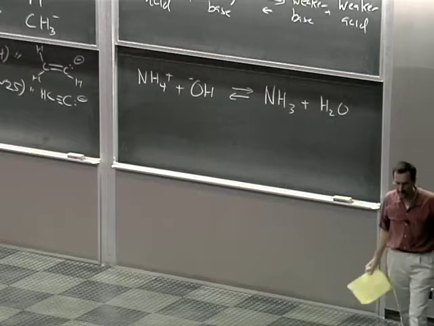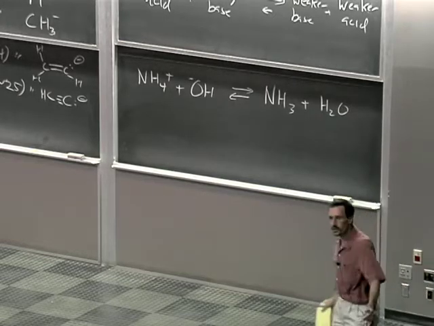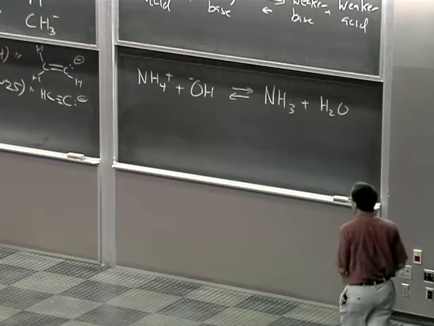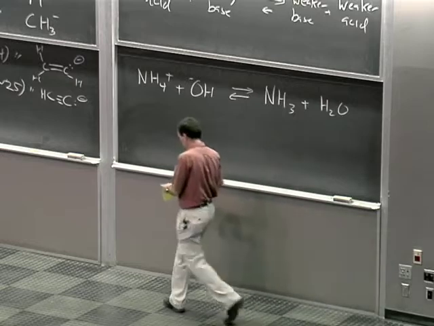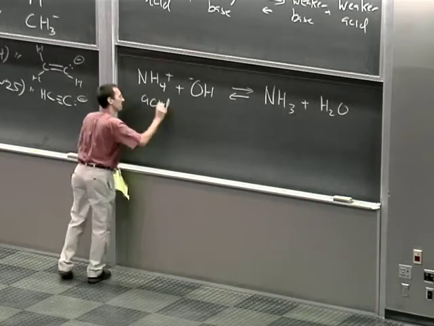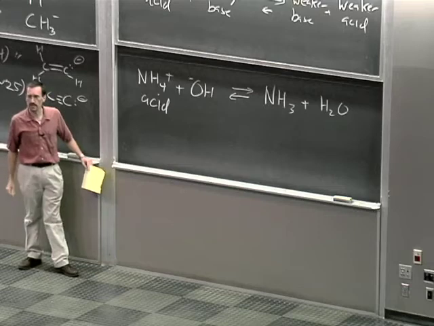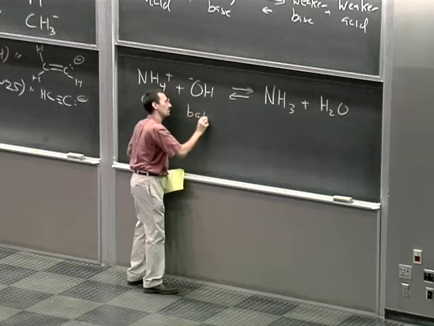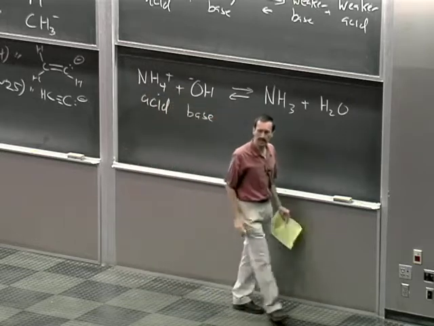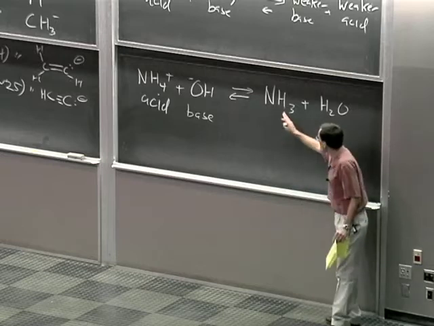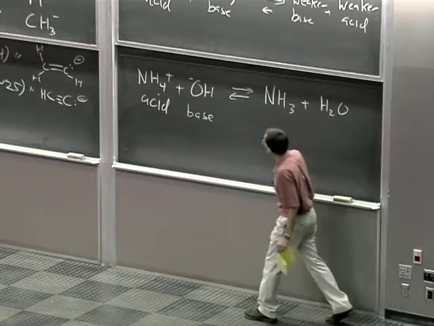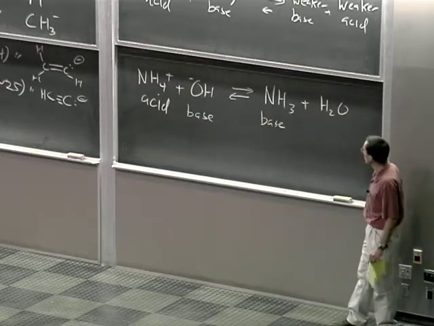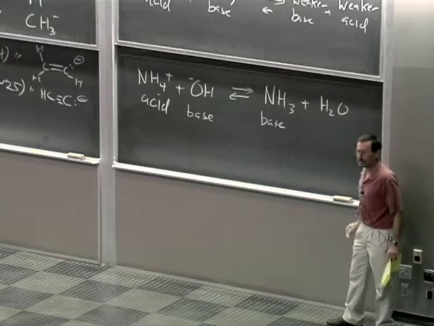First thing you do in thinking about this reaction is say, oh, this is an acid-base reaction. We're transferring a proton. Ammonium is acting like an acid. It's giving up a proton. It is meeting the Bronsted definition of an acid. Hydroxide is accepting a proton. It's acting like a base. Ammonia is the conjugate base of ammonium, and water is the conjugate acid